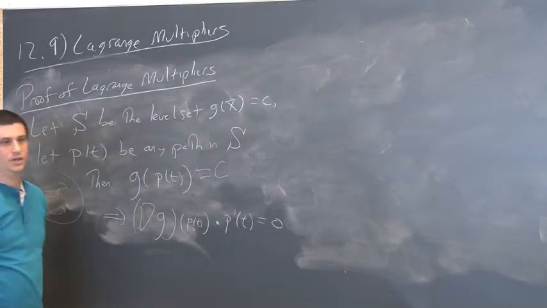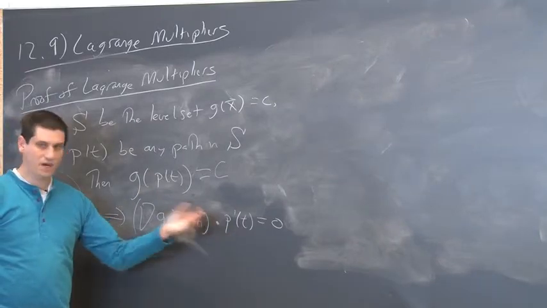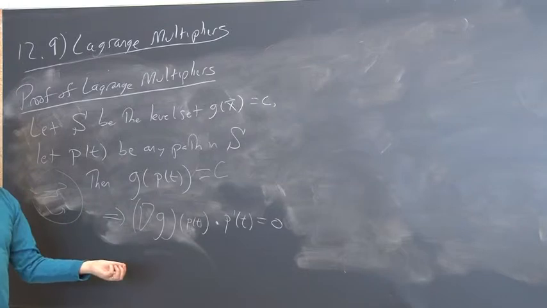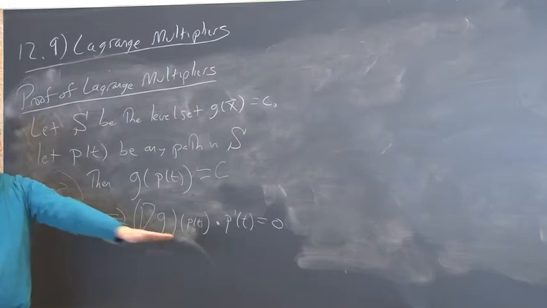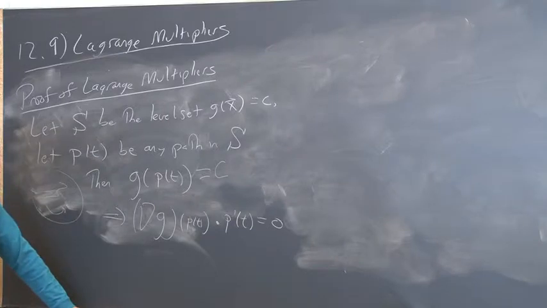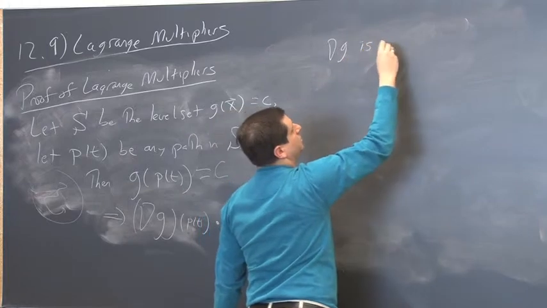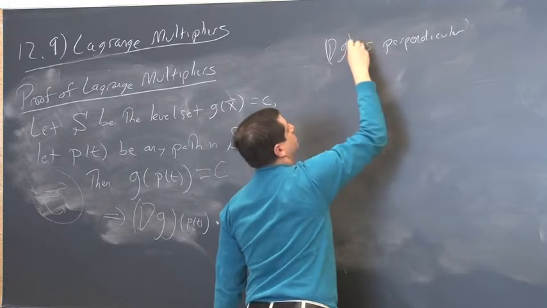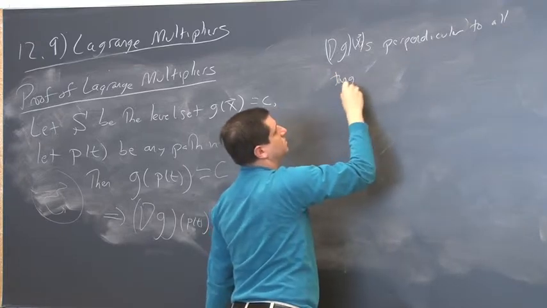is 0. And the way you should interpret this is if I start off at some point, P prime of t is going to be a tangent to S at that instant. Gradient of g is going to be the normal. The normal is perpendicular to the tangent. And no matter what direction I go, as long as I stay in S, I'm always going to have 0. So the gradient of g is always perpendicular to every tangent direction. So grad g is perpendicular, we'll do it at x, to all tangents